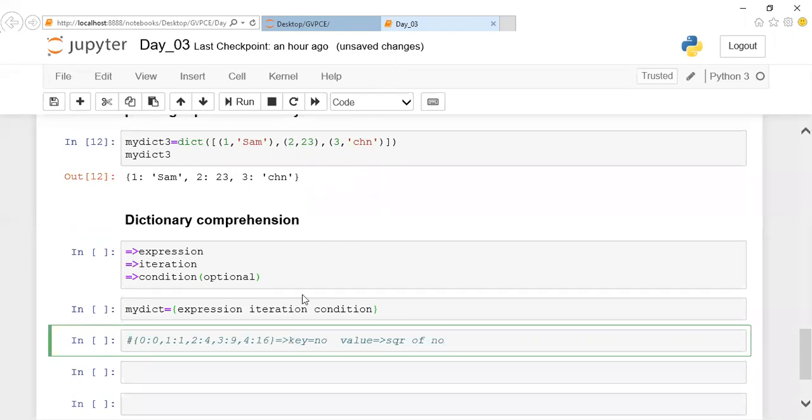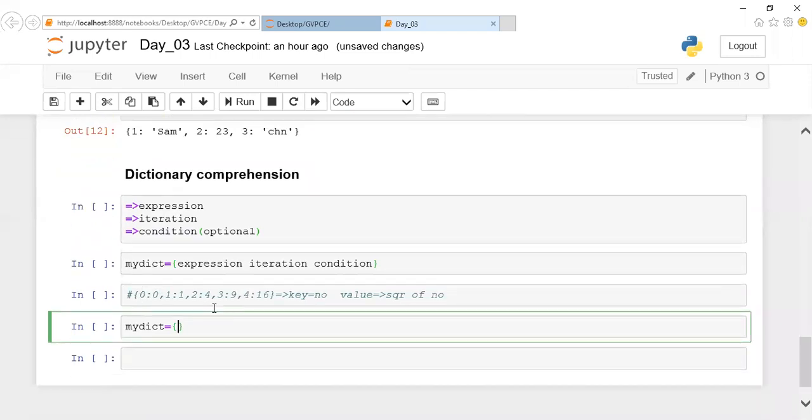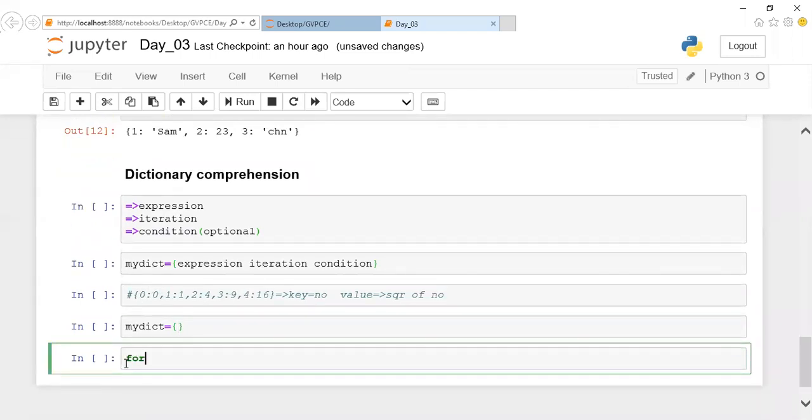I'll show you how to create a dictionary like this in a comprehensive way. What is the syntax I told you? Expression, iteration, condition. Normally, if you want to do this process for 1 to 4, I'll mention for i in range of 5.